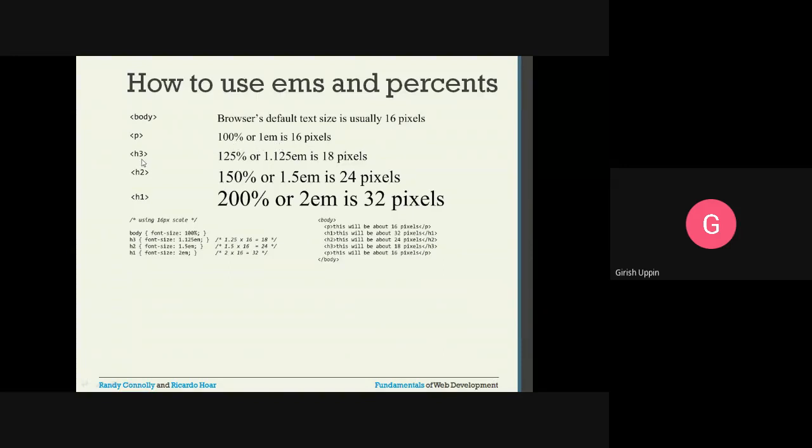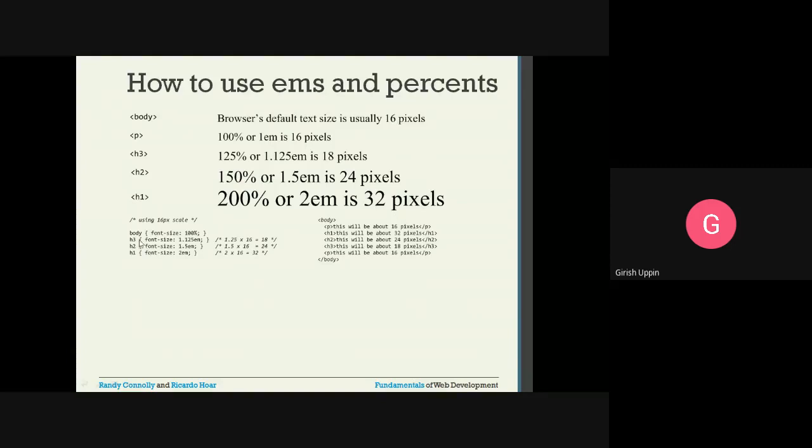For head 3, if you specify 125%, then it would be 1.25 times the 16 pixels. That is, you can say either 125% or 1.125 EM. It will become 18 pixels. For H2, if you specify 150% of the parent, it is 1.5 times the parent, and 200% is double the size of the parent, that is 16 pixels, so it will be 32 pixels.